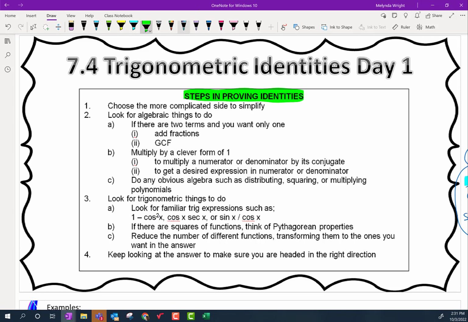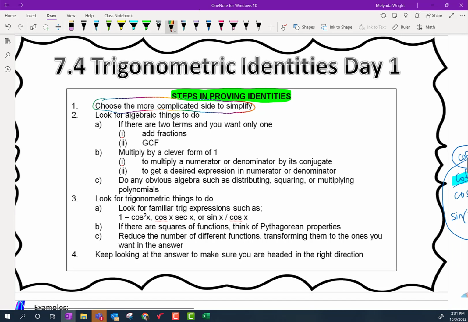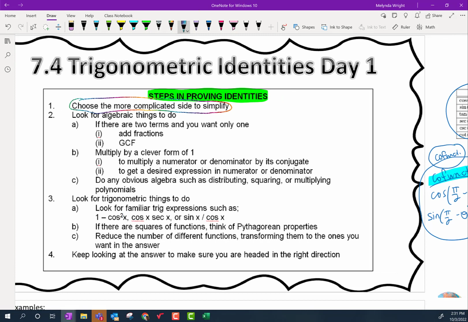The first thing, and this is just a guideline, is to choose the more complicated side to simplify. You don't have to do that, but many times when you choose the more complicated side to simplify, it makes your life a little easier. But I need to put a big asterisk out here. This is really important. You can only